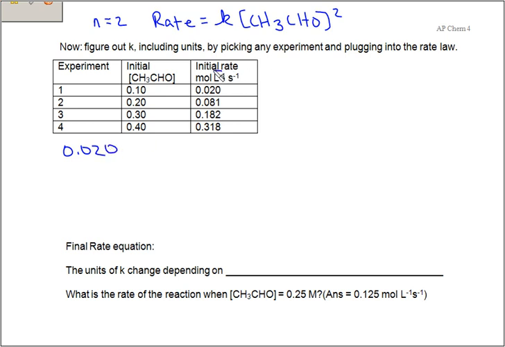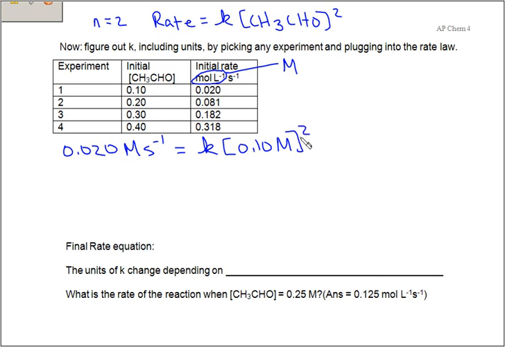And I'm going to redo these units here. Instead of moles per liter, I'm going to use molarity because it's a little easier when we get to the end to use that. So 0.020 molarity second to the negative 1 equals K. And then we're going to have this concentration squared, so it's 0.10, and this concentration is in molarity